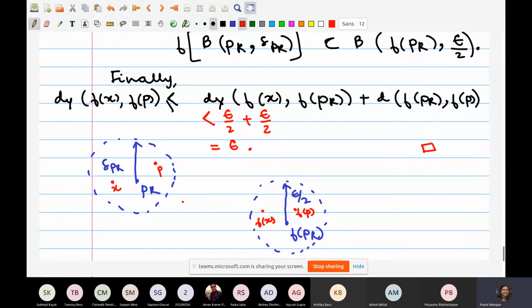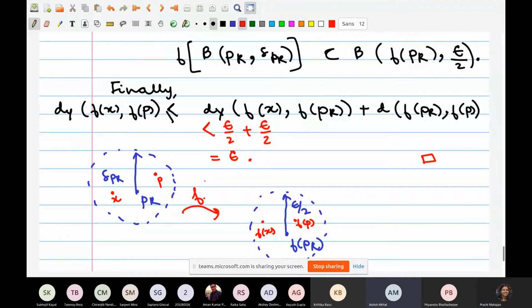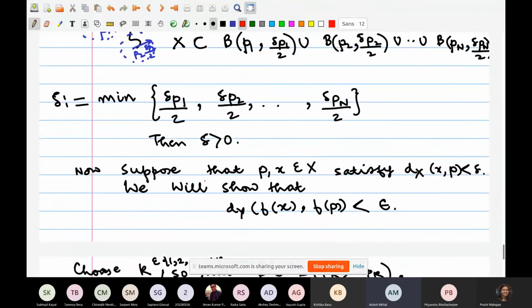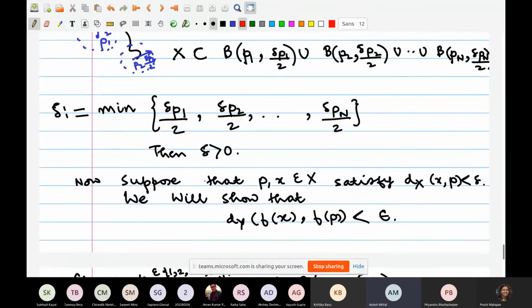Is that okay with everybody? Ma'am, I had just one doubt. When we took delta to be the minimum of all those, yes, but if we took it to be the maximum, will it violate any upcoming condition? If I take delta to be maximum, then there's no problem. This step will still go through.